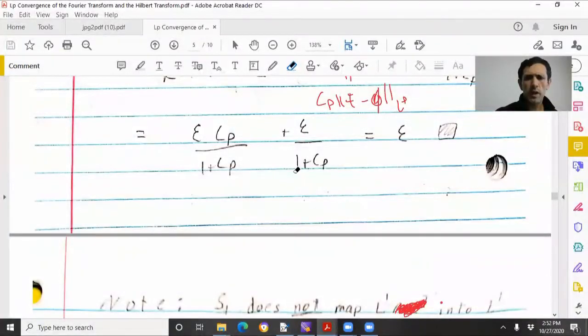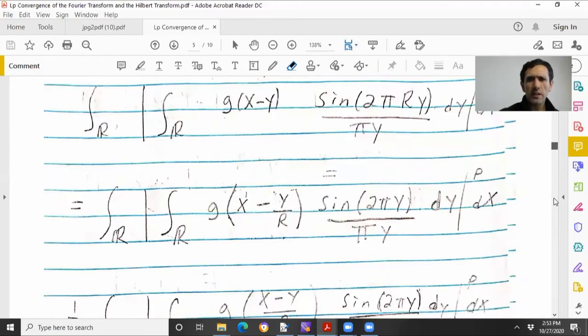Hello, everyone. I just want to pick up where we left off last time, which is that S1 does not map L1 into L1. As I mentioned, a very slight variation of the example I will do, which I will leave for you to try and cook up if you're so interested, actually shows that SR FR, for any R, is not L1, and hence this question we asked doesn't even make sense. It doesn't even make sense to ask whether or not